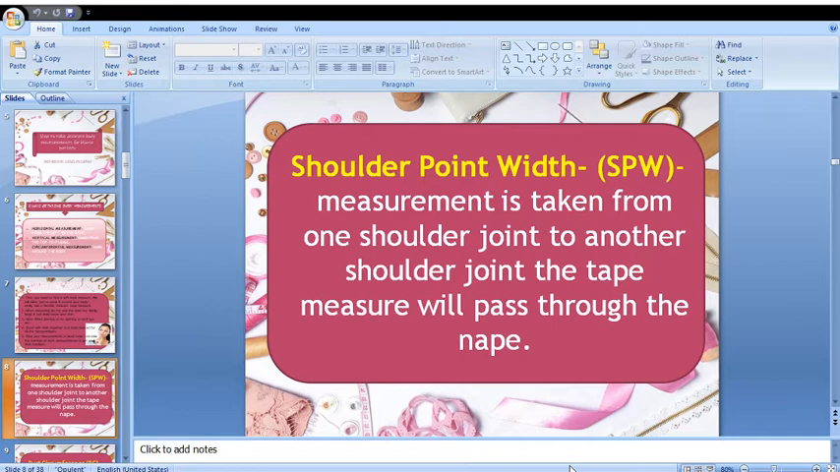So for the first one, we have here the shoulder point width. For the shoulder point width, measurement is taken from one joint passing to the nape down to the next joint. See, so this is how you're going to measure the shoulder. Alright, so next,